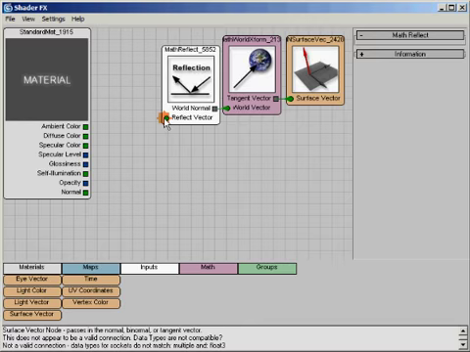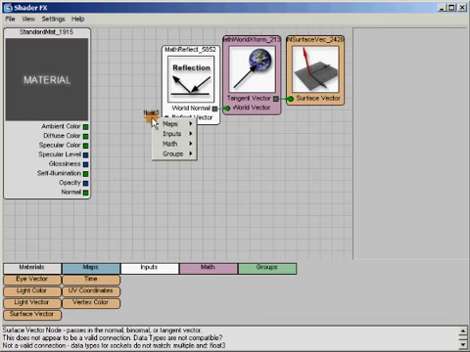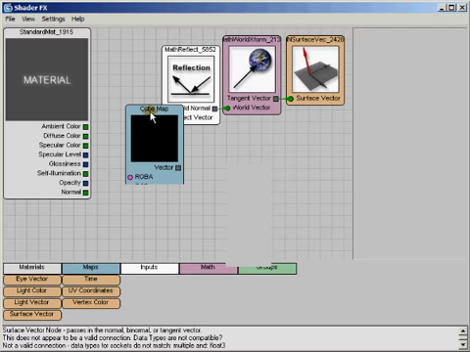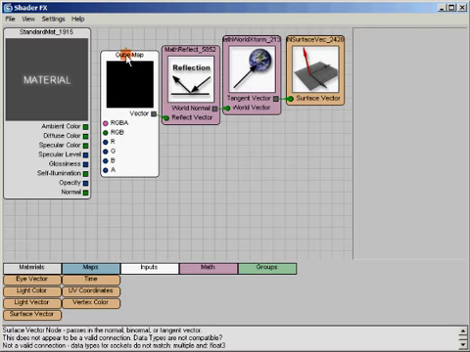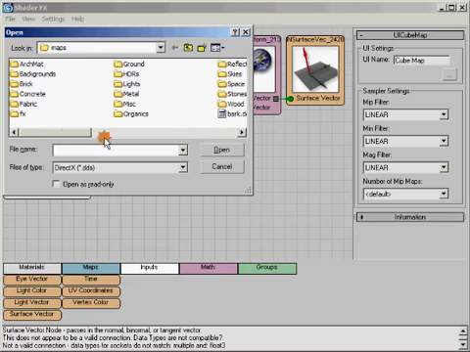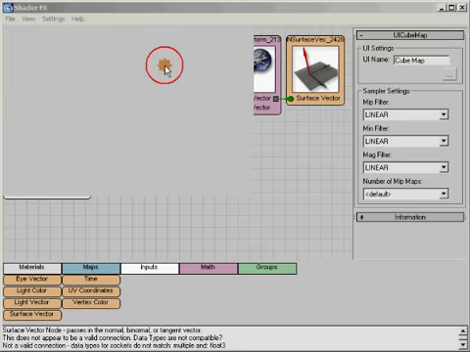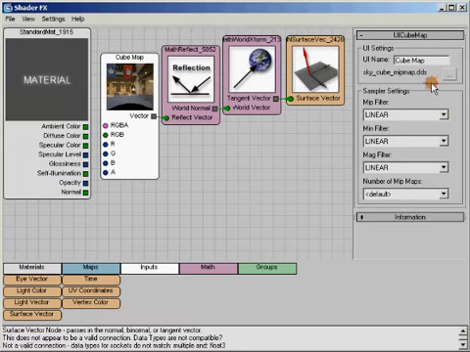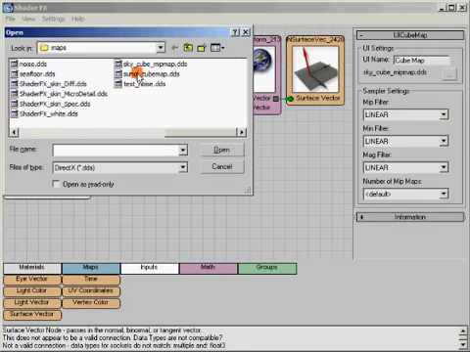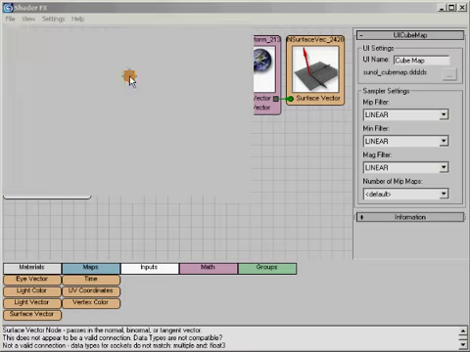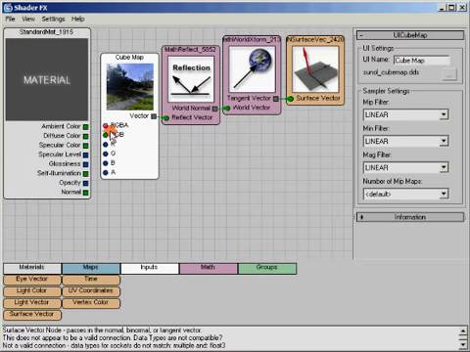And I can use the reflection vector to look up the color in a cube map. So I can go map, cube map, vector. I've got it all wired up there. Now I'm going to go to the disk and look for a cube map. Cube maps are always stored in DDS format, and you can use ATI's Cube Map Gen or NVIDIA's Photoshop plugin to create cube maps in DDS. So I'm going to pick this Sun All cube map that ships with Max,